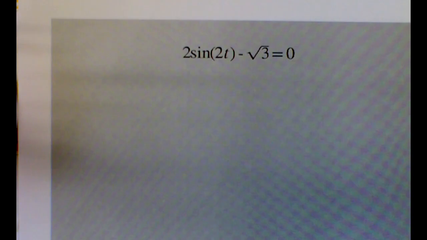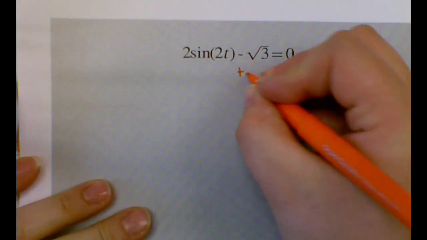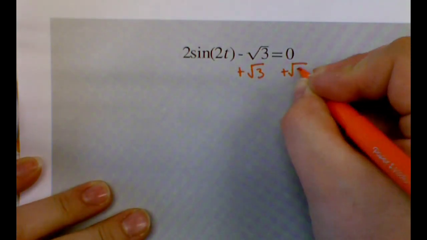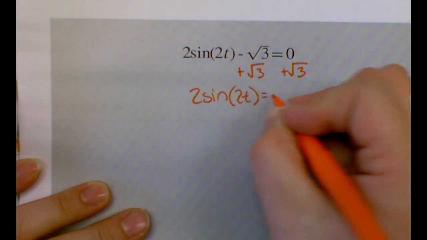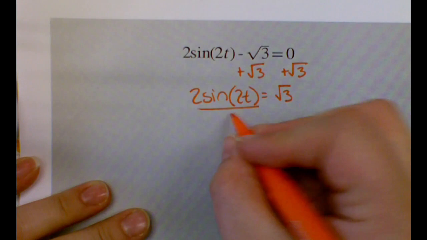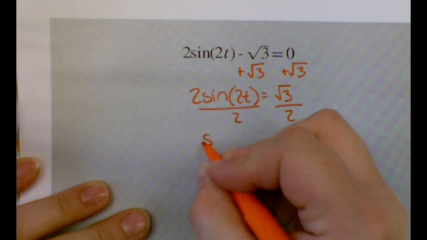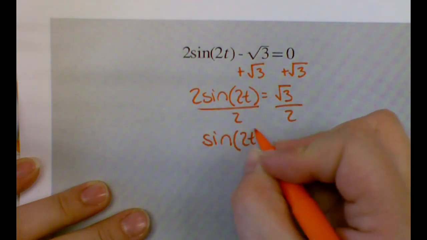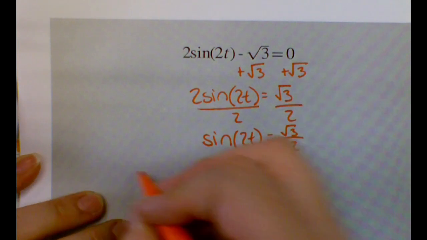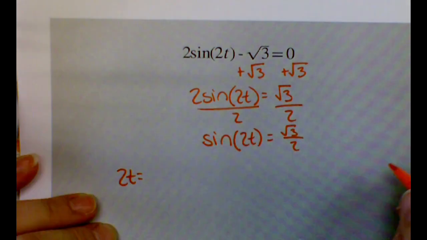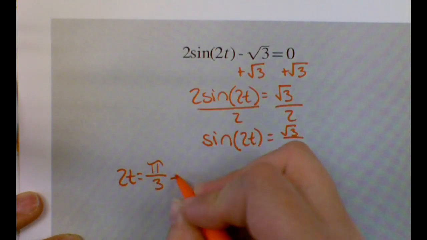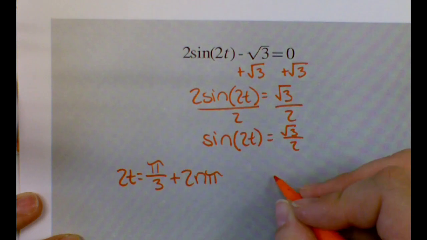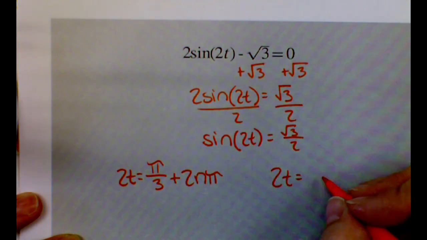So very similar here. We start by isolating our trig function. So I'll add the square root of 3. I get 2 times the sine of 2t equals square root of 3. I divide by 2. The sine of 2t equals square root 3 over 2. All right, on the unit circle, the sine is square root 3 over 2 at pi over 3 plus 2n pi, and at 2 pi over 3